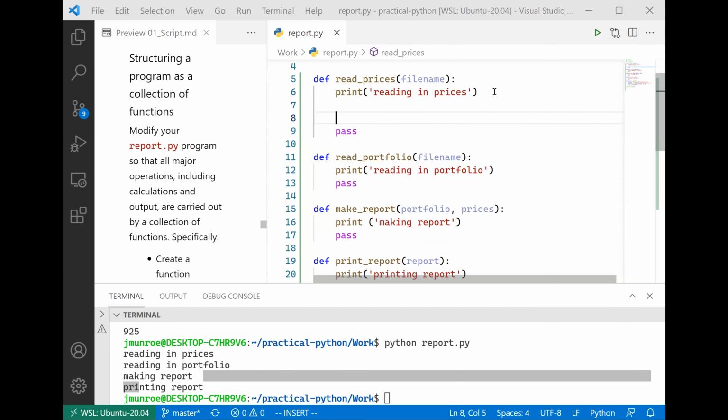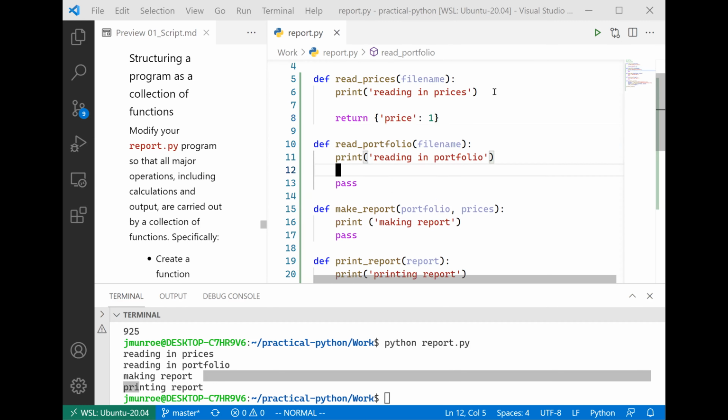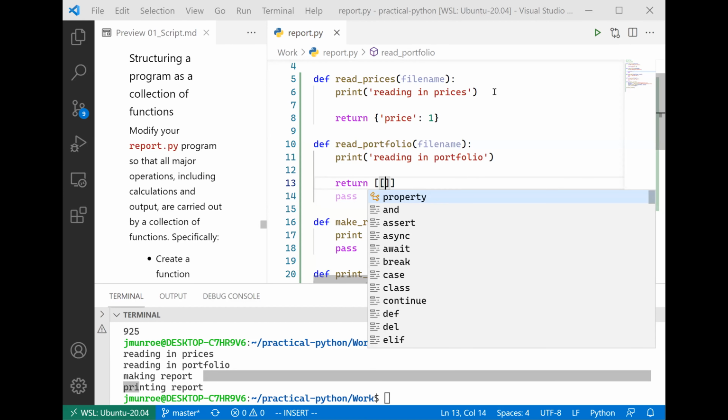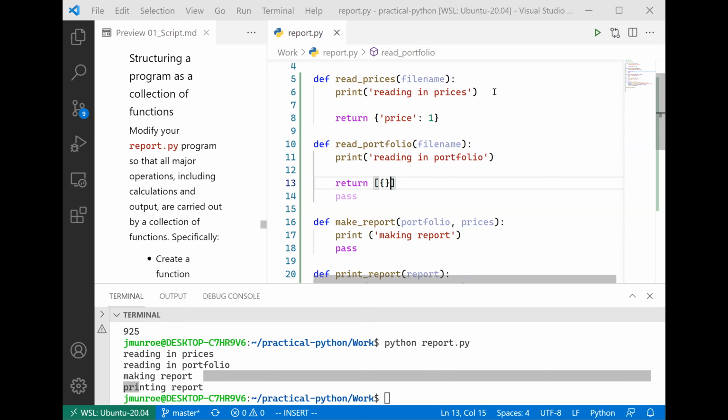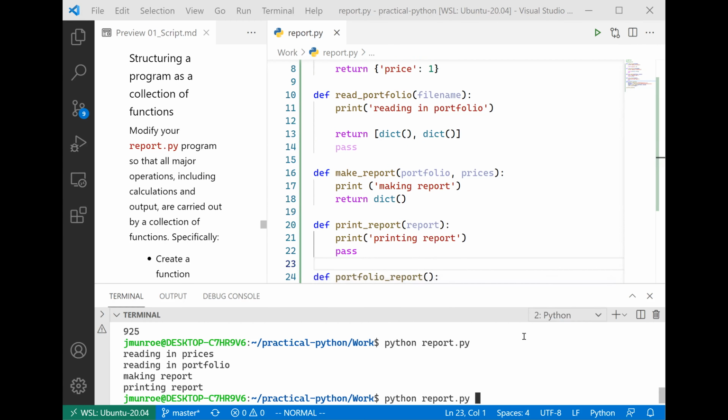So what do these pieces do? Well, the prices is some dictionary, right? The portfolio is another dictionary. Maybe it's a list of dictionaries. No, it's a list of dictionaries. Okay, and the report return is some report object, maybe it's another dictionary. Okay, so that you can start to see how the structure